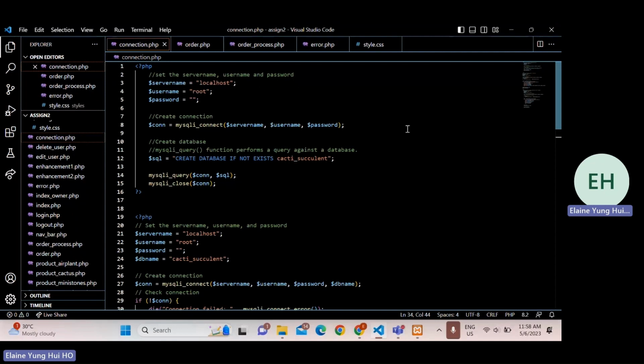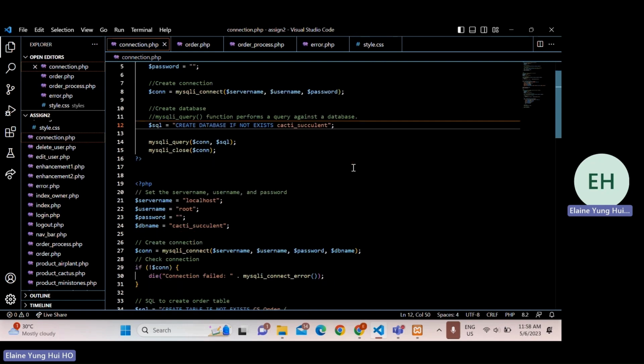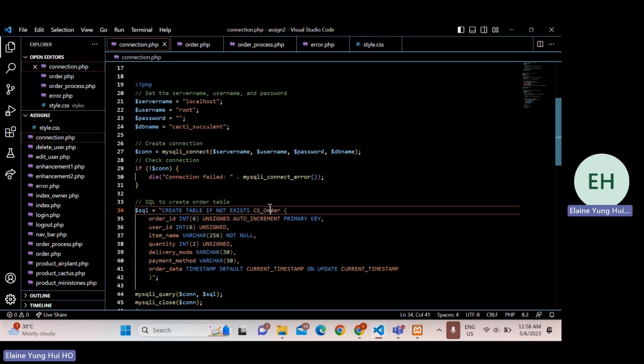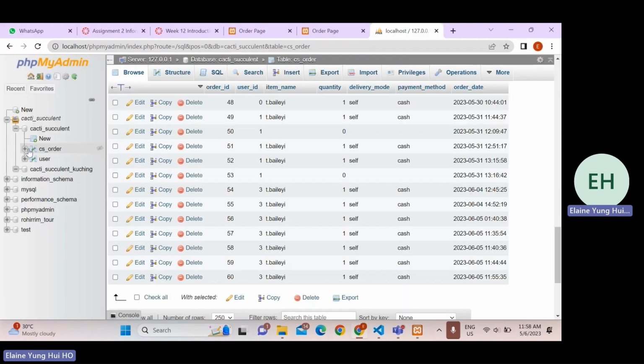First of all, I'm going to talk about establishing the database connection. The function mysqli_connect is used to create a connection to the MySQL server. If there isn't a database named cactus succulent already, the function mysqli_query is then carried out to create it. Next, mysqli_query is also used to create a table named CS order if it does not already exist. Now we can see that the cactus succulent database is created, and when you click on it, there is the